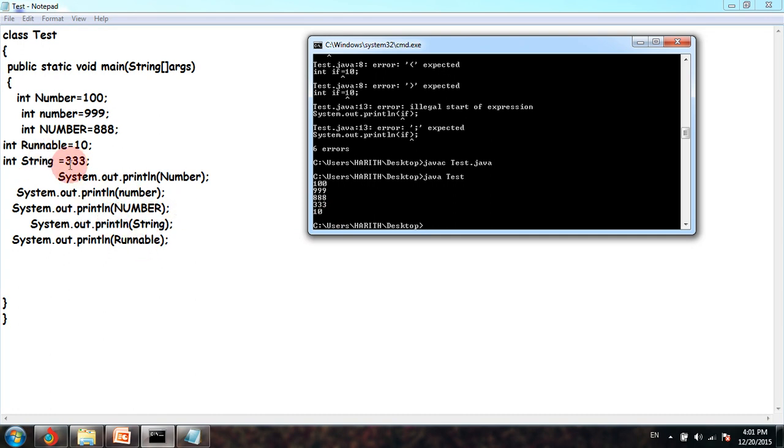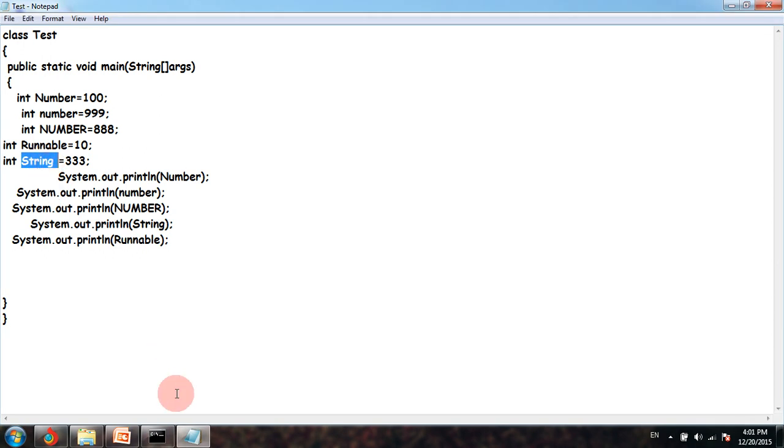Again, String, although defined as java.lang.String, can be used as an identifier, but it is not recommended because it might create confusion at a later stage of programming. Say if you are using String and then again writing String and giving some random value, say my name, and I try to print my name at a later point of time, and there are also functions related to strings, then there will be a lot of confusion about which string is which.